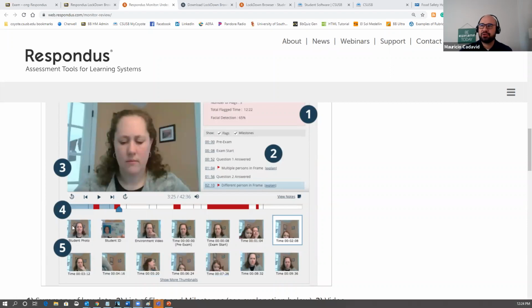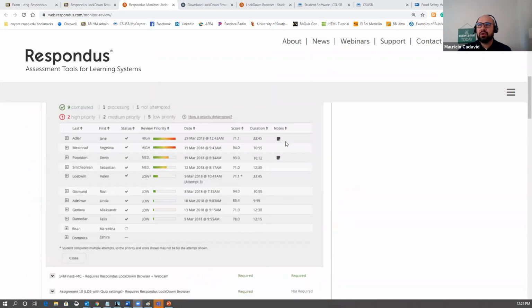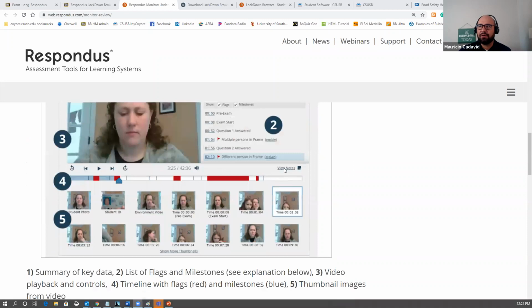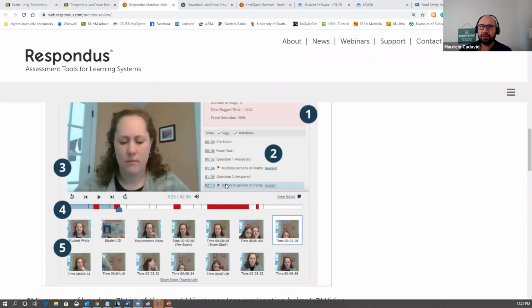Now for this particular student, you see that there's also view notes. So when you have the report, as a faculty you can create notes. You're going to click on view notes, and then a little pop-up is going to come up. And then in that pop-up, it's going to say, and hold on, I think I have,